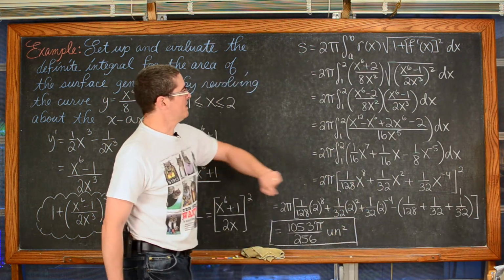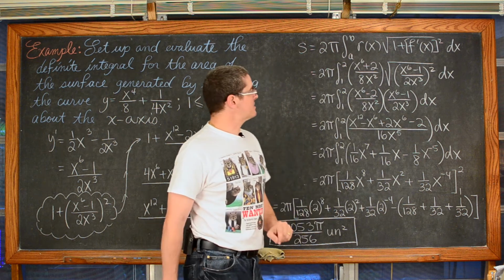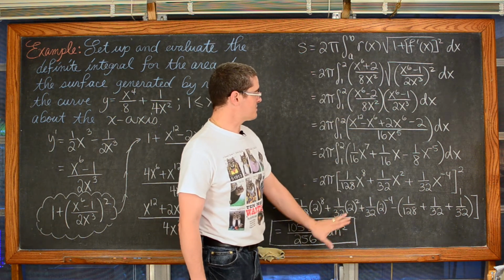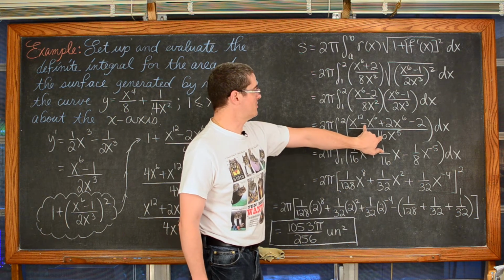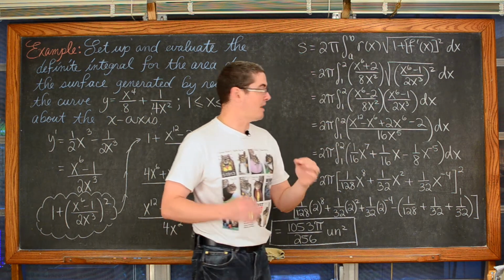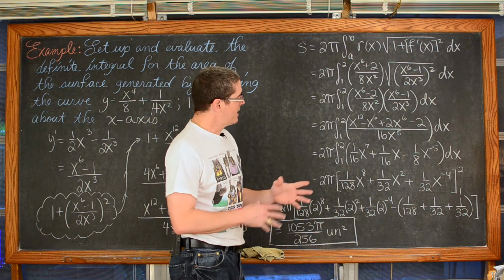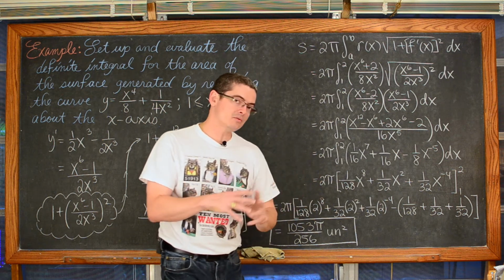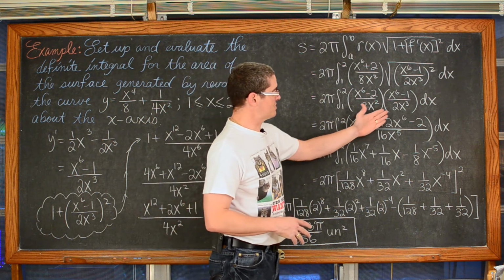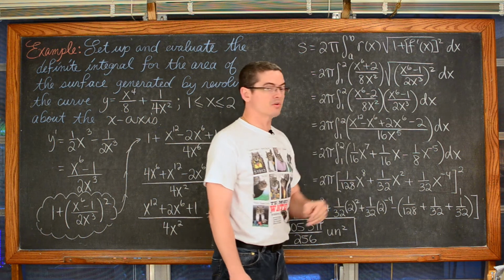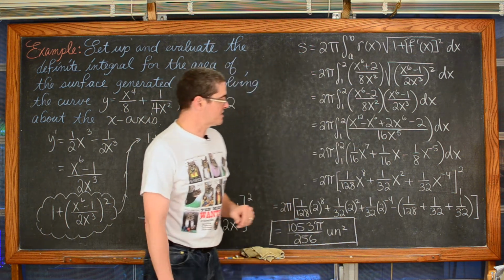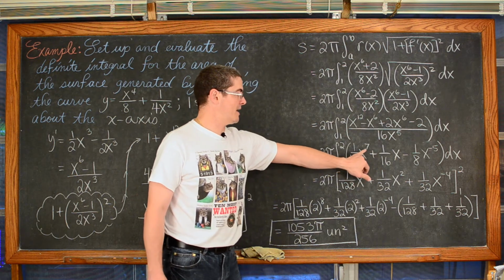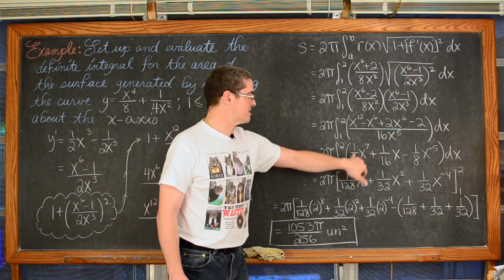So of course, we let the power of 2 and the square root cancel each other out. We distribute the numerators and the denominators. Now I knew I was going to run out of room here. So negative 1 plus 2 gives me positive 1x to the sixth. And then with only one term in the denominator, it's going to be easier to integrate if you rewrite it so each of those terms in the numerator is over that denominator of 16x to the fifth. So x to the 12th over x to the fifth gives you x to the 7th, and of course we have that 1 over 16.